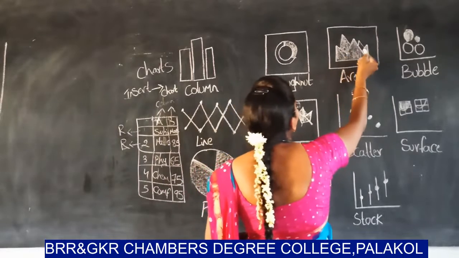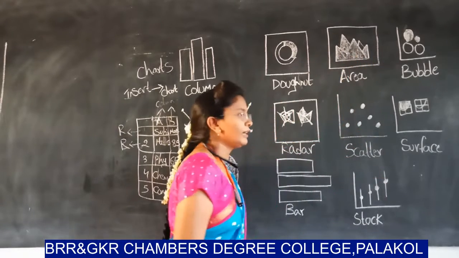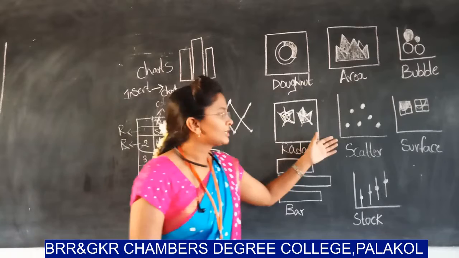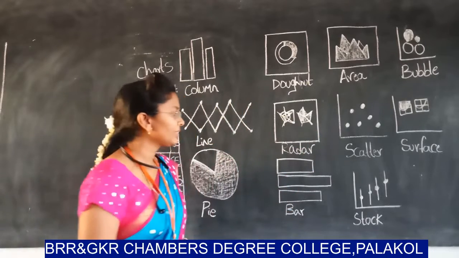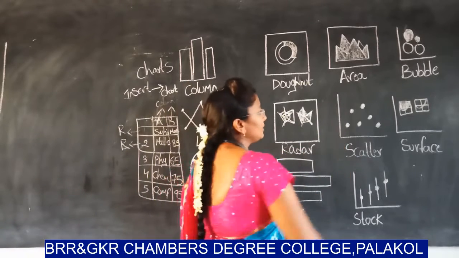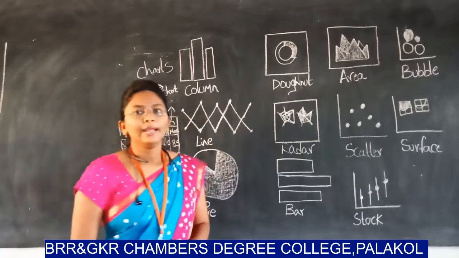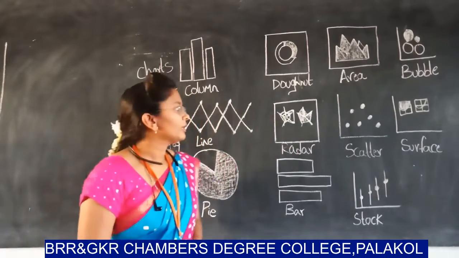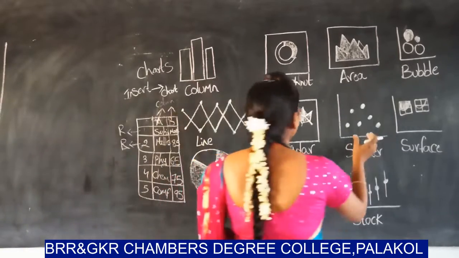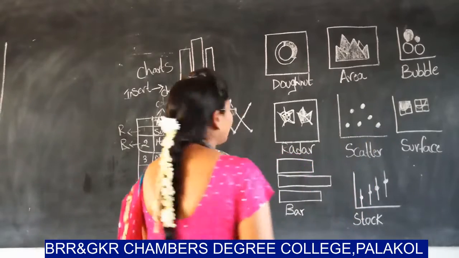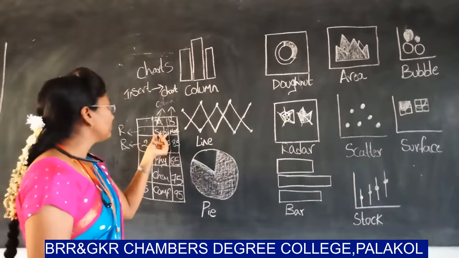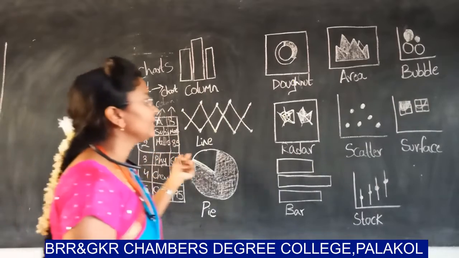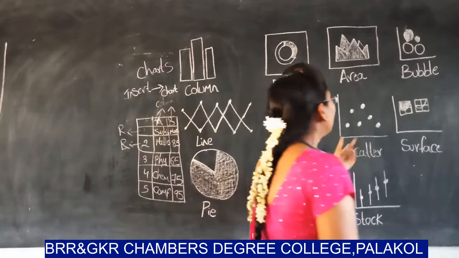This is the highlighted portion, that means it can be selected one. And the next one is scatter chart. You can see the scatter portion in the Excel sheet, and scatter chart is used for representation of the data that we have taken. Here subject and marks, this can be represented in this way.